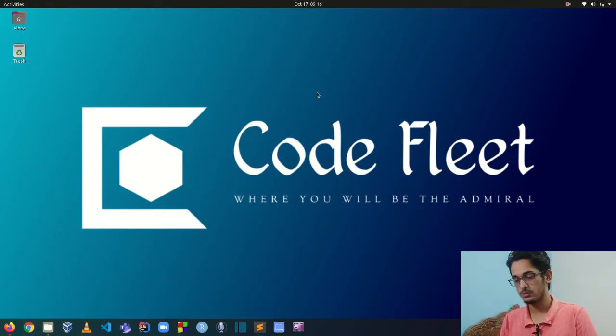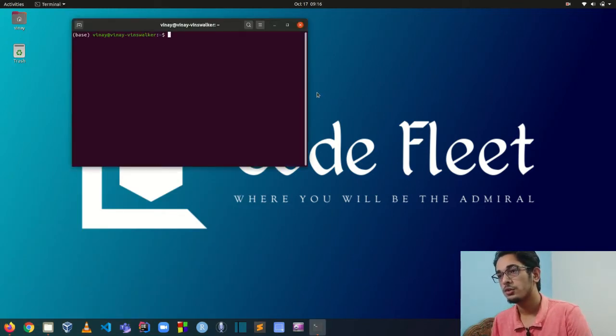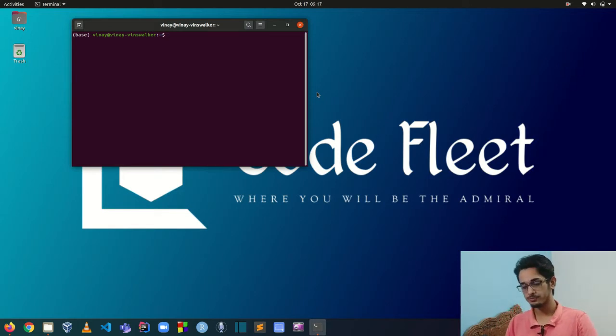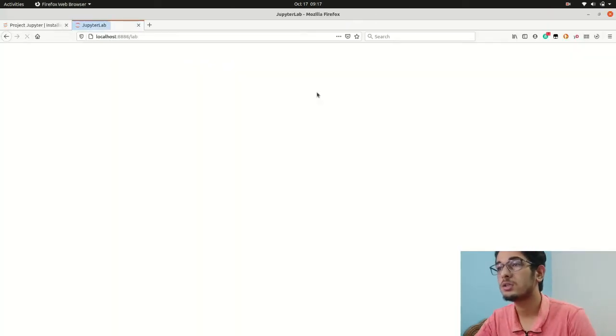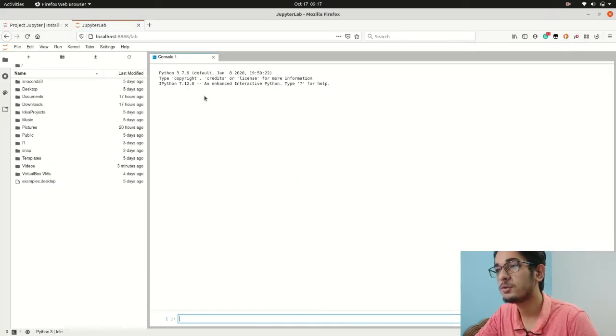So let's open the terminal here. You can install it with pip install jupyterlab or pip install notebook. You will get the notebook there. If you want to just run it, write jupyter lab and press enter. It will open Jupyter for you. So here we have the folders of our local system where we can navigate, and we have a console open here,